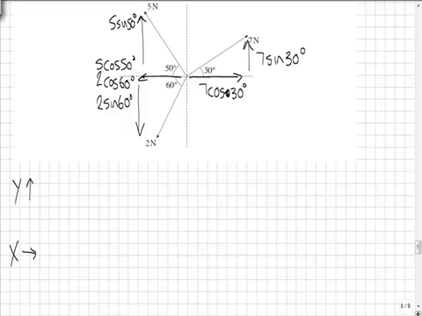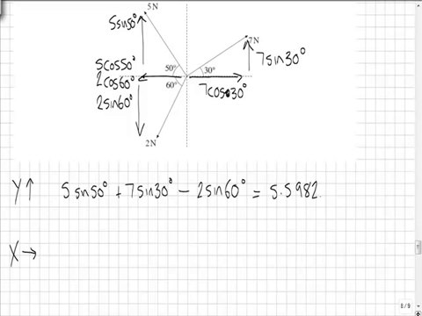So in the y direction we have 5 sin 50 degrees plus 7 sin 30 degrees minus 2 sin 60 degrees. Inputting this into a calculator, you should find that this equals 5.5982 newtons. Taking the x direction, left to right as positive, we have 7 cos 30 degrees minus 2 cos 60 degrees minus 5 cos 50 degrees,